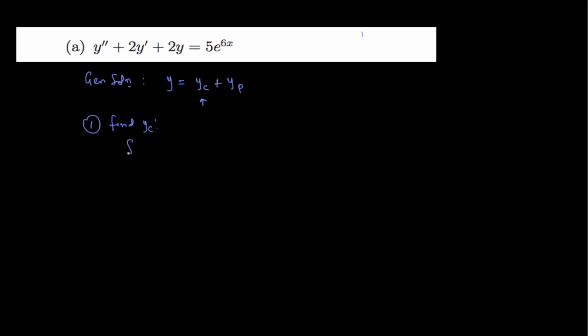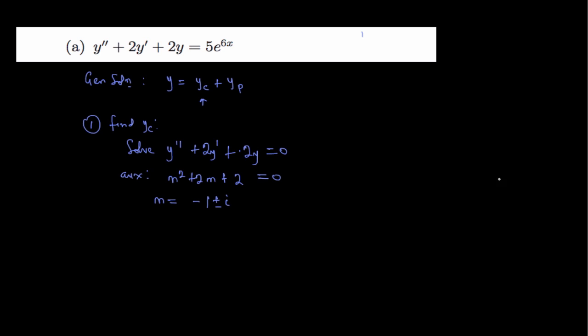So we want to solve y prime prime plus 2y prime plus 2y equals 0. Now to solve this, the first thing is we find the auxiliary equation. So wherever we find our y, we replace with m: m squared plus 2m plus 2 equals 0. And then when we solve this, we get complex roots as m equals minus 1